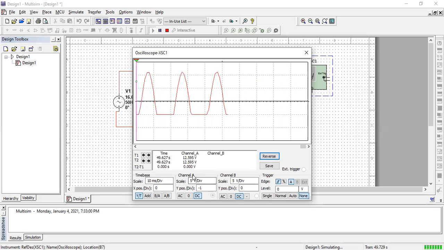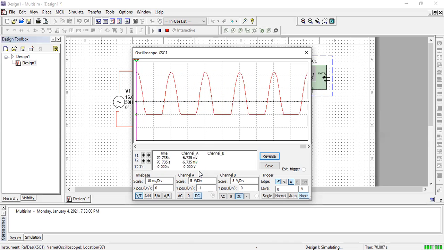And you can see here you have connected channel A and you can see what is the scale here, 5 volt per division, right? And how many division you are having? You are having 3.2 division. So we just need to multiply this 5 volt per division into 3.2, right? If we multiply 5 into 3.2, we'll get around 16 voltage peak to peak.